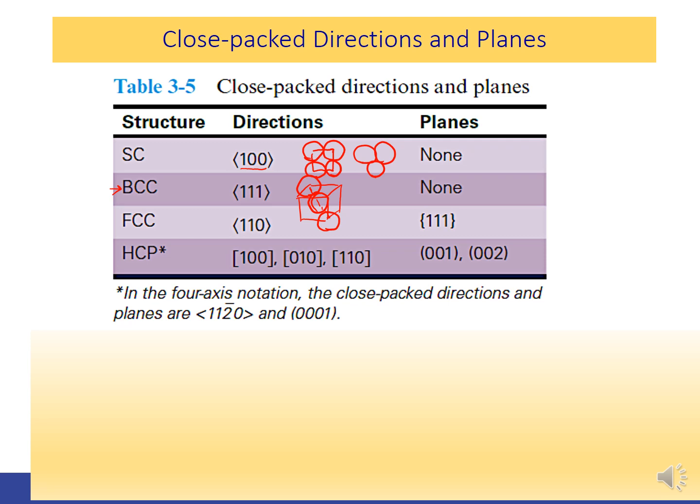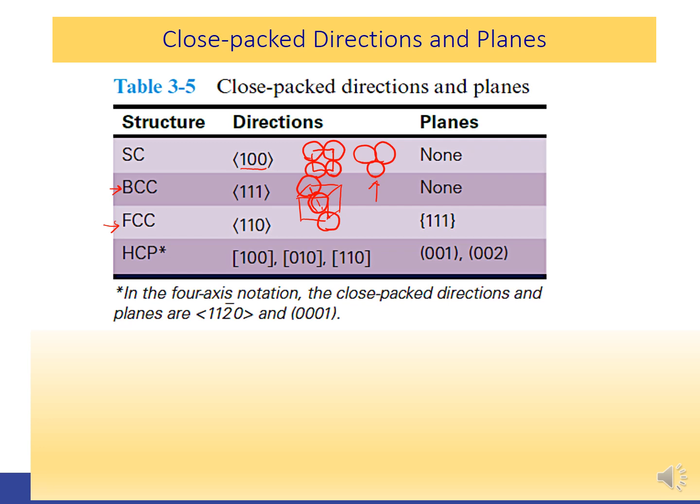So this is the 111 direction. There are also no close packed planes in the BCC structure, because we cannot find a plane that satisfies a packing like that. For FCC structure, the close packed direction is the 110 direction,